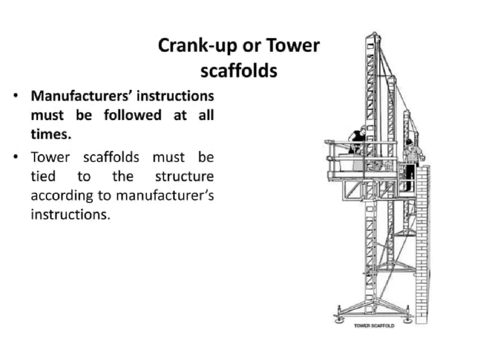Scaffolds of the crank-up or tower type are an important component in any construction project. To ensure the safety of personnel, these scaffolds must be securely tied to the structure they are being used on, in order to avoid uncontrolled movements or collapse, as well as falling objects which may cause further damage or injury. It is essential that the manufacturer's instructions are closely followed and that the workers understand their meaning when it comes to assembling and using the scaffolds.